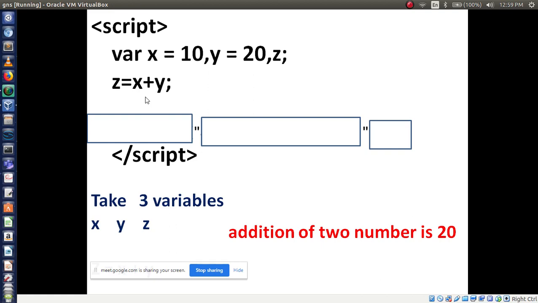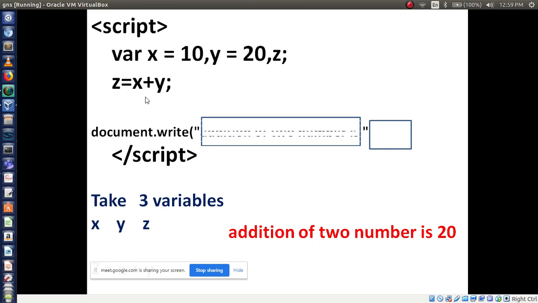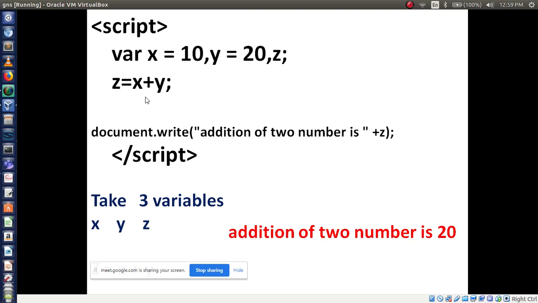What message are you going to print? Addition of two numbers is. Where is the result stored? On which variable? z. Very good. Here you have to write plus z. Then you will get the result like this: addition of two numbers is 20.